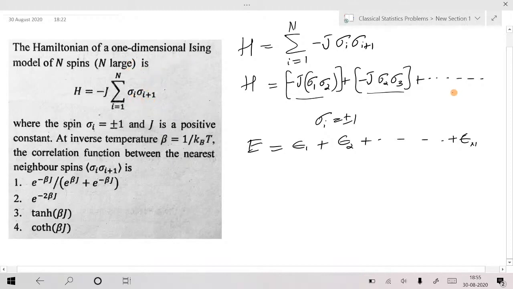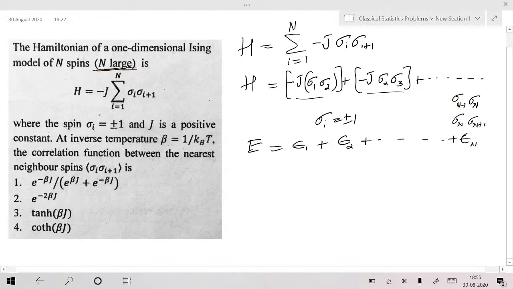That's why I think you should end up with sigma n minus 1 and sigma n. You should end up here because only n particles are there, like that, whatever. Since n is very large, it doesn't matter whether there is one more. Whether the last term is this one or again sigma n plus 1, it doesn't matter. He gave in the question that n is very large here.